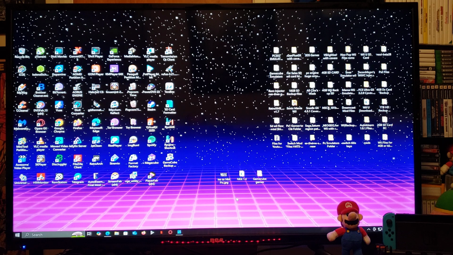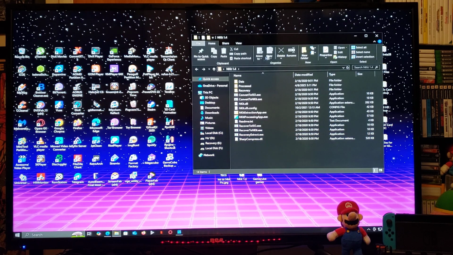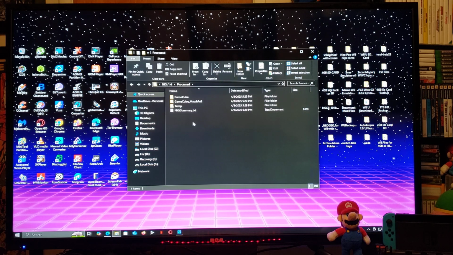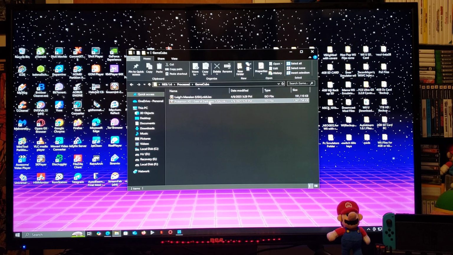You're going to open up NKit 1.4. You're going to go to the processed folder. Double click. You're going to go to the very top folder, which is GameCube. Now these are the games that were converted correctly. So Luigi's Mansion and Pokemon XD. I was able to shrink down the game. Now the one that didn't work,